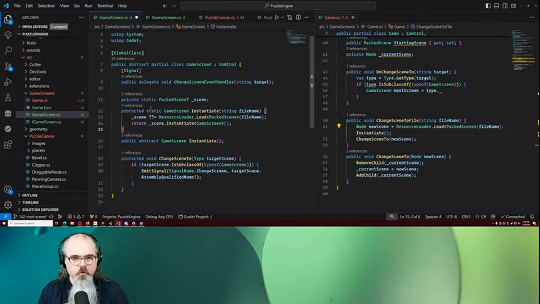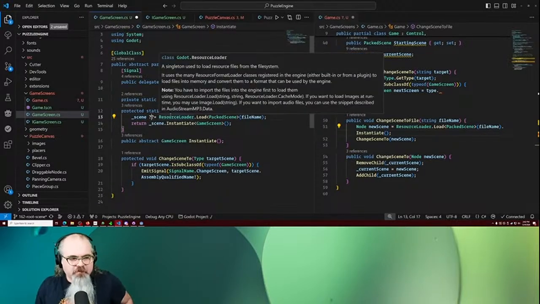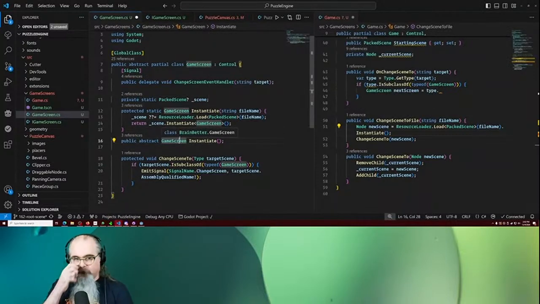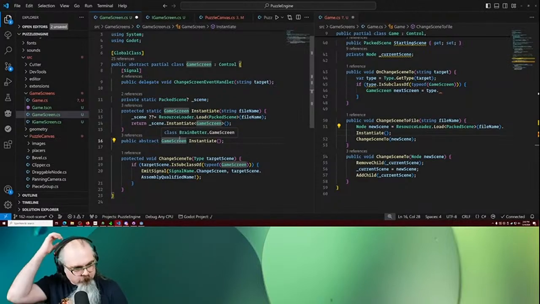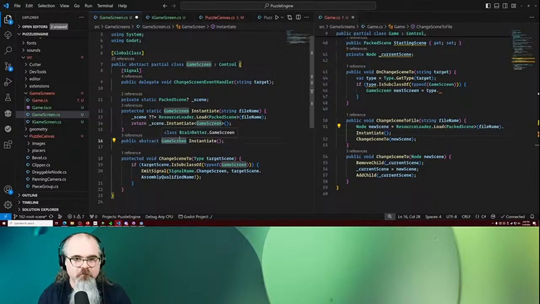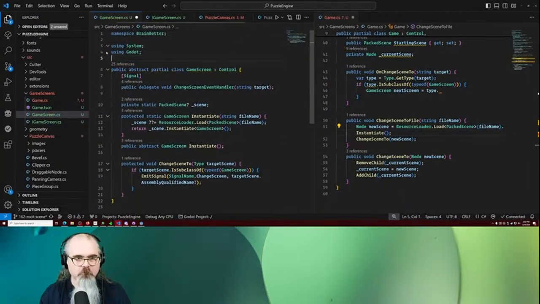on, oh no, that won't work because that is now static to all instances of game scene, which means anytime we load one of them, it's going to load that type of scene. Nope, that's going to do crosstalk. That's bad. Okay. What we need to do is make sure that every game screen that we build, again, I guess you're not a global class, are you? Okay. We build you as a game screen, then,